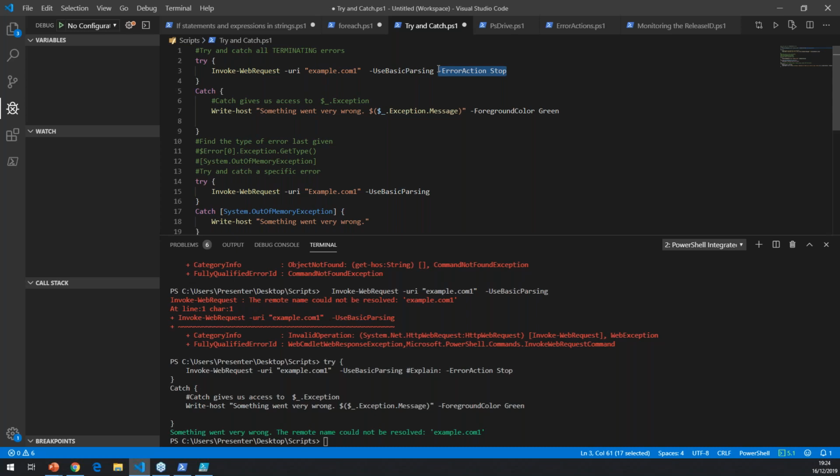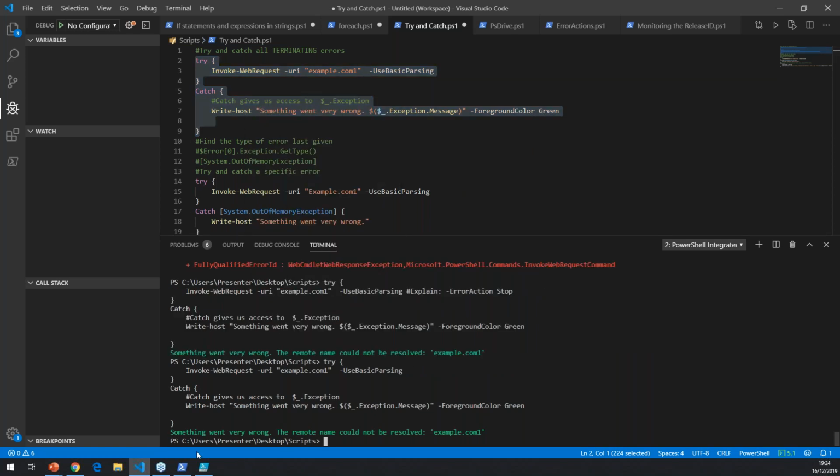A lot of error actions are by default set to stop. Sometimes they're set to silently continue, and you can always experiment with your own try and catch blocks. When you execute this block, you're catching all error codes that are coming from Invoke-WebRequest. So if I run this selection right now, no matter what the error code would be, for example, I could